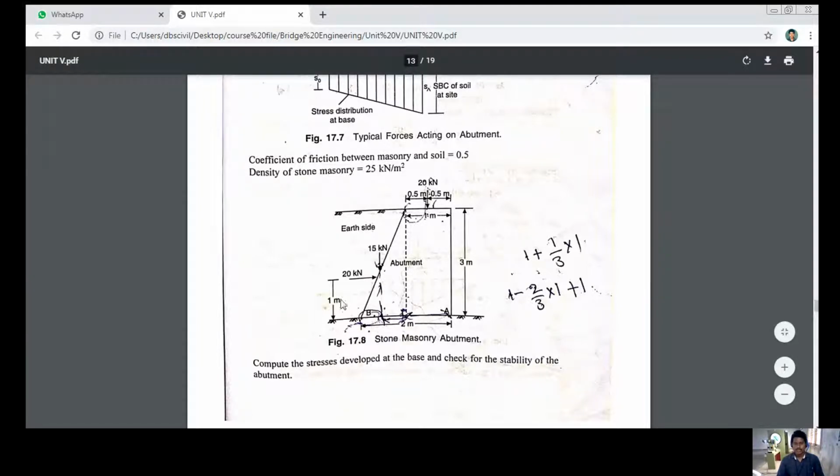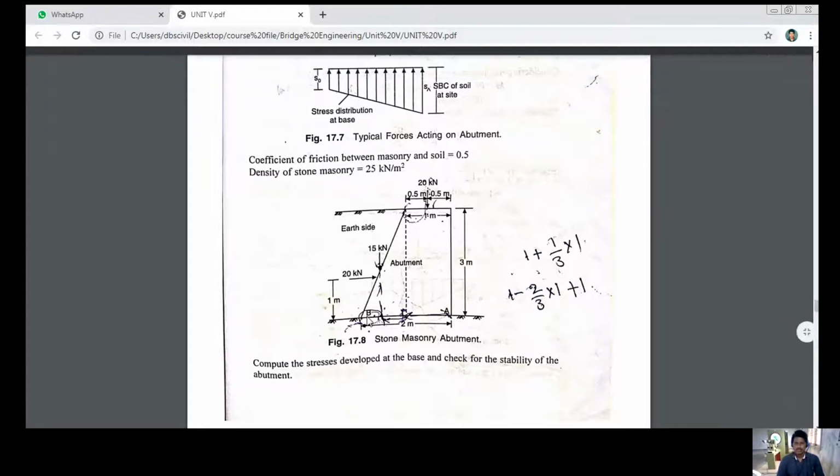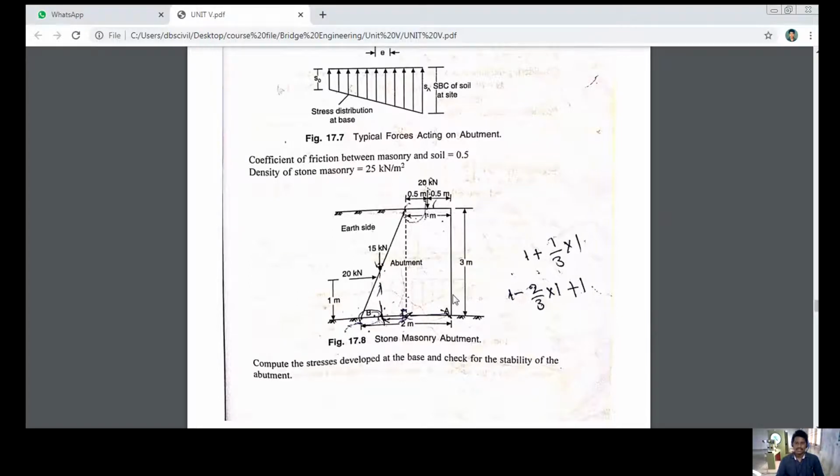This is the start of the earth structure and this is the top, whereas above this it starts its superstructure. The total height from the ground surface to the bridge surface is 3 meters, they have mentioned. Okay,